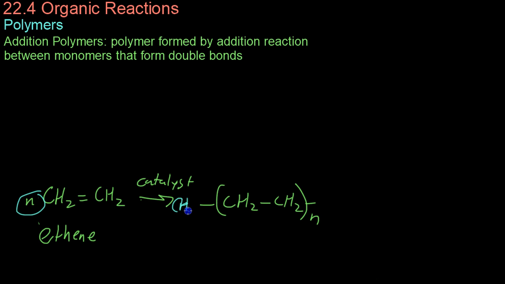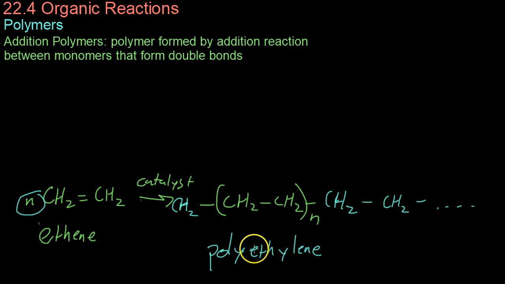So you can have CH2s here, which will then continue to attach, and you can form these long chains, proportional to how much you started with. So if you have n number of ethene molecules to start with, you can then form n pieces of what is known as